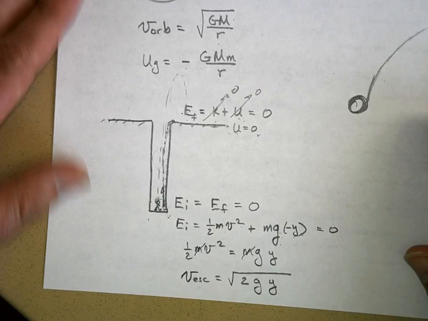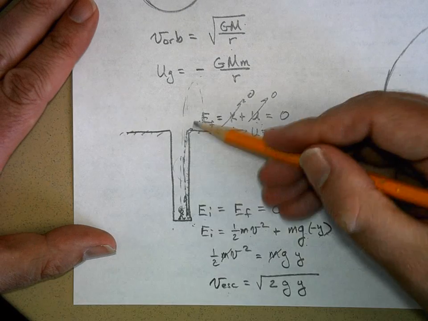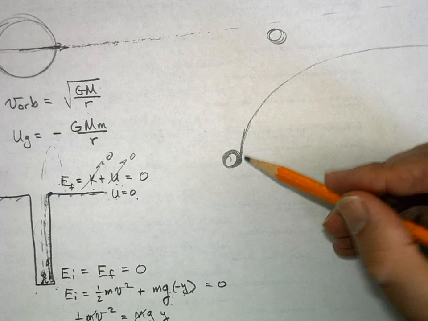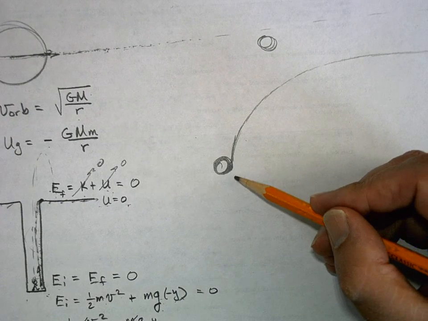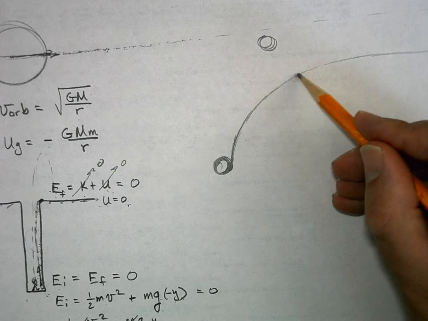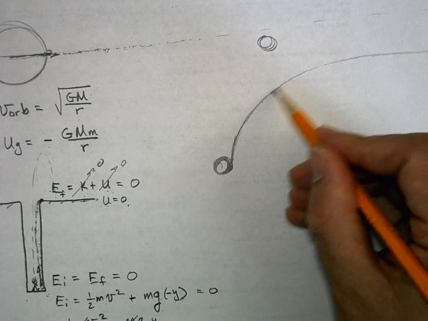Well, see here, we assumed that gravity was uniform, 9.8 newtons per kilogram. But what do we know is true about gravity as you move away from the Earth? It gets weaker. So we're going to show that by showing the slope, like it's getting easier and easier to climb out of this gravity well.